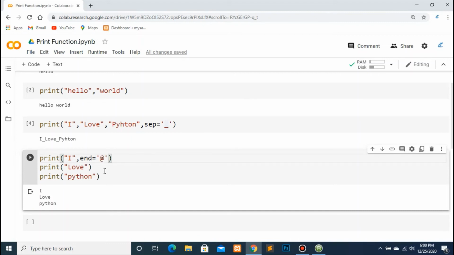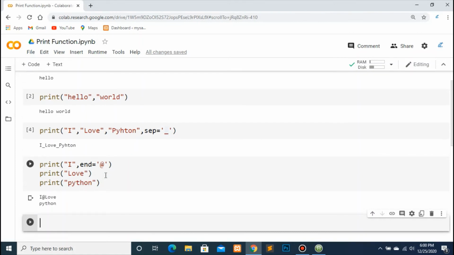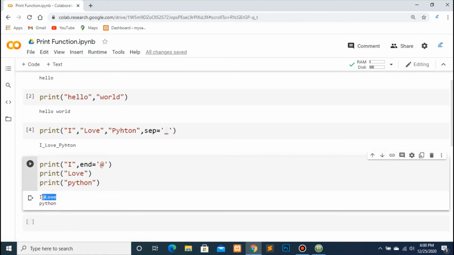So now the output will be I, then at the rate symbol, and then love. Let's execute it. You can see here the output is I, then at the rate symbol, because here we have mentioned that end this I with an at the rate symbol rather than going to the next line.